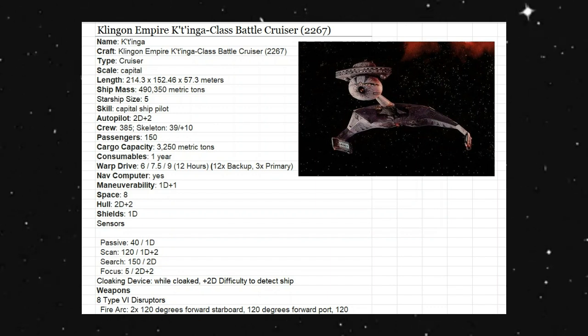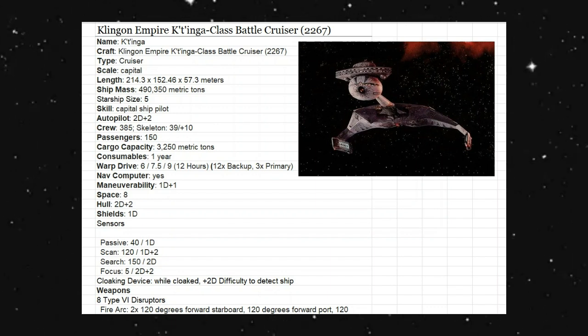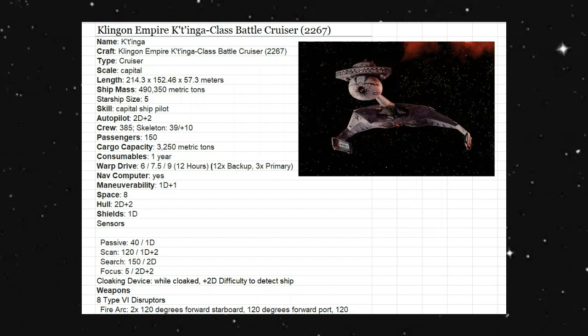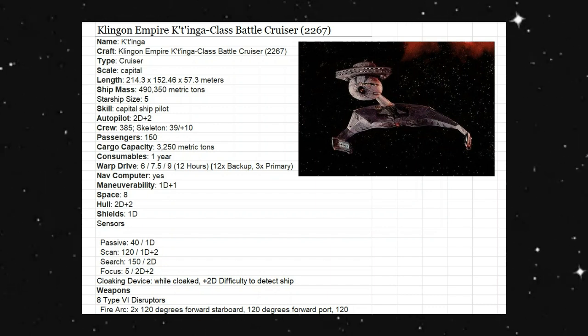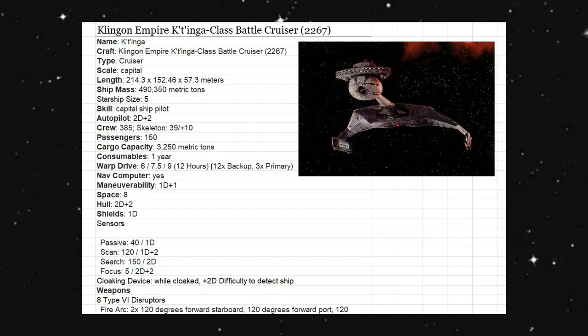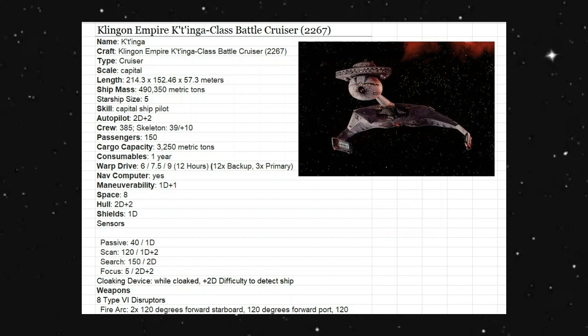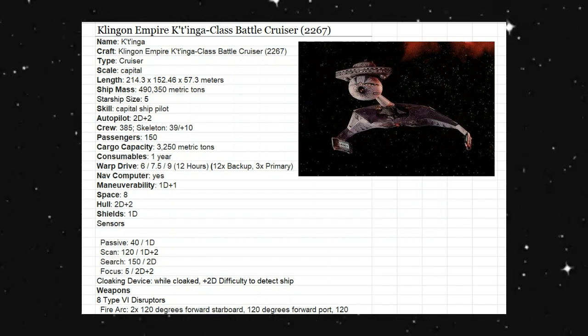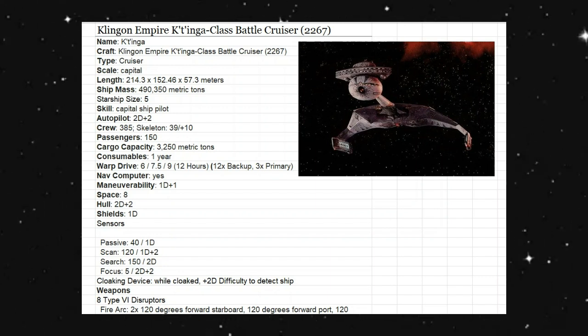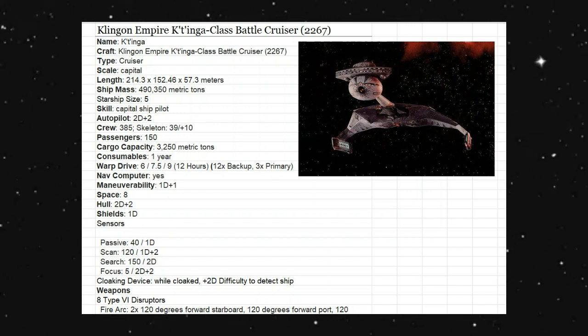Now, the hardest thing is whenever we're looking at the Klingons, the Romulans, whoever else besides the Federation, we don't get to see all the extra service vessels. I do have some in some of the books, which is wonderful to have. But quite often, in most of the shows or movies, we are not allowed to see a lot of their support vessels. We see a lot of the Federation because most of these are Federation based. So it would be kind of nice if they did do a Klingon type